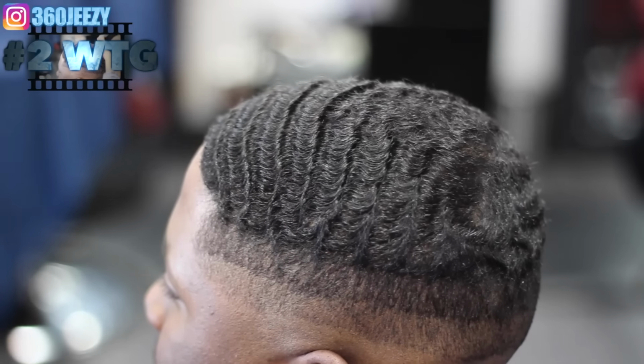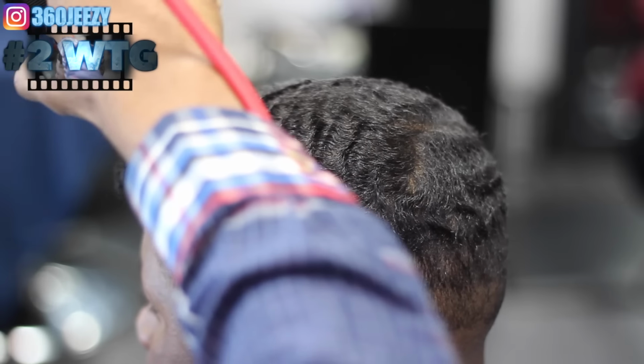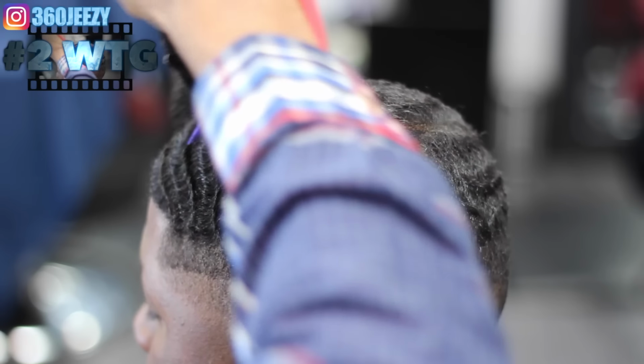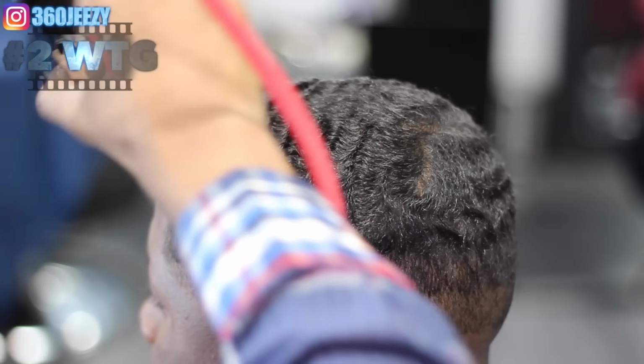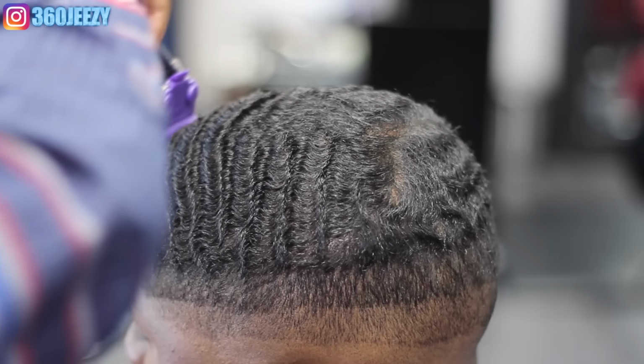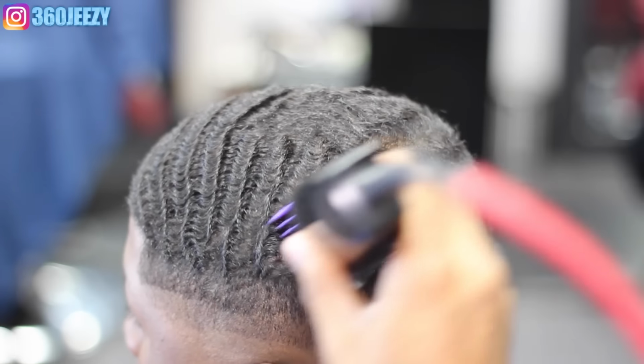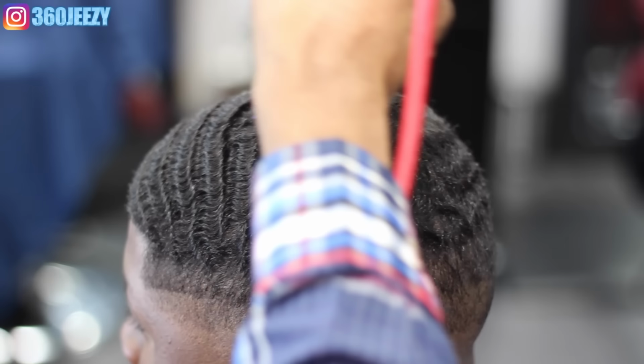Right now I've got my number 2 guard open and I'm going with the grain. The WTG stands for with the grain, and basically I'm going with the grain of his pattern. He has waves, so you've got to be careful around the crown area, because that's a sensitive area. If you go the wrong way, you could leave a real gouge in his